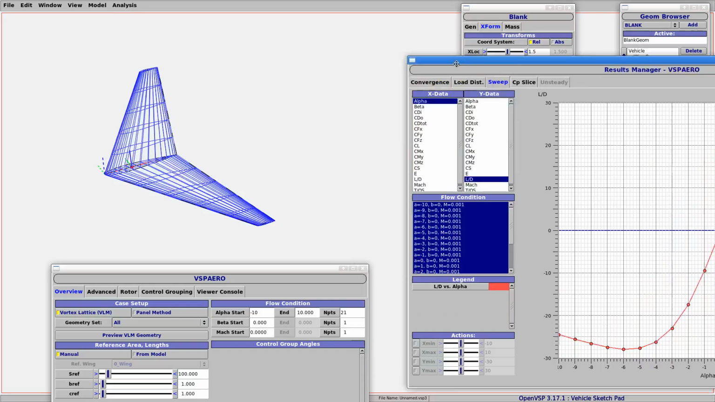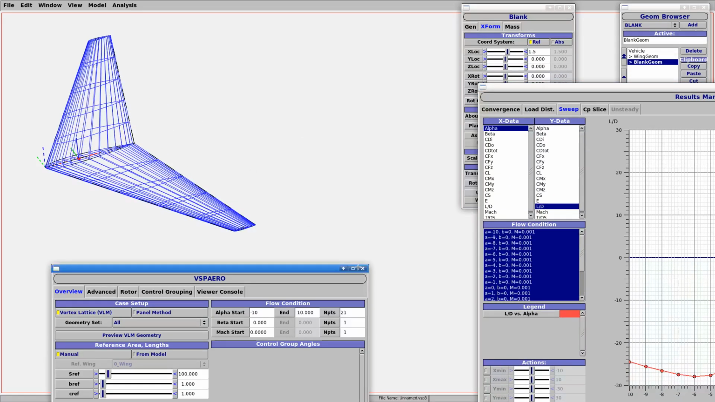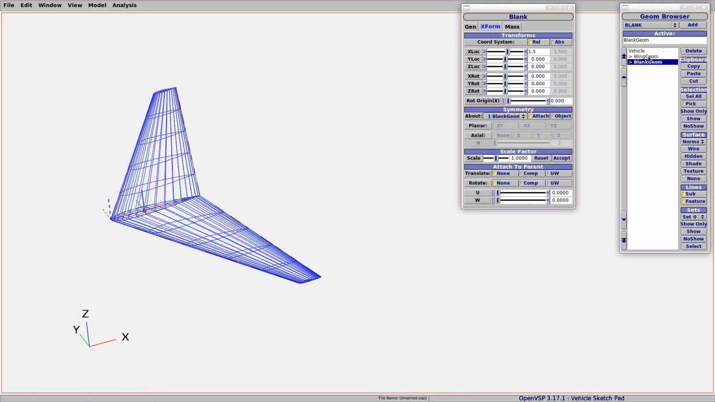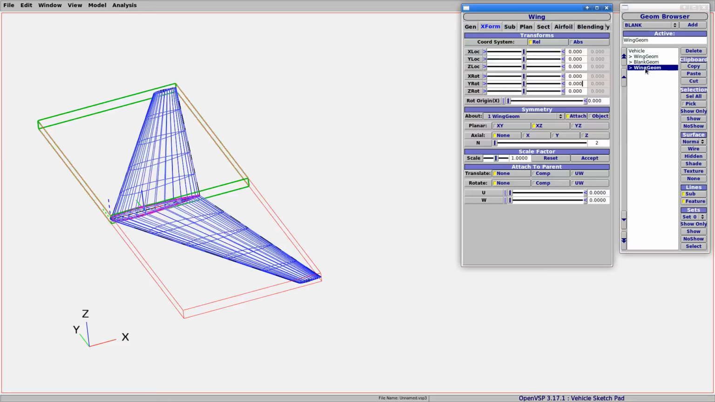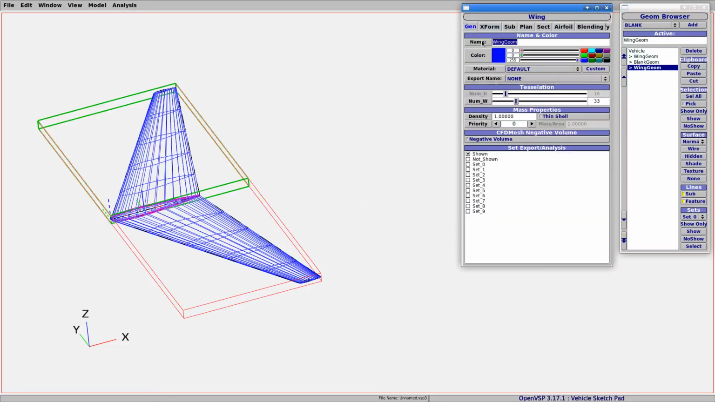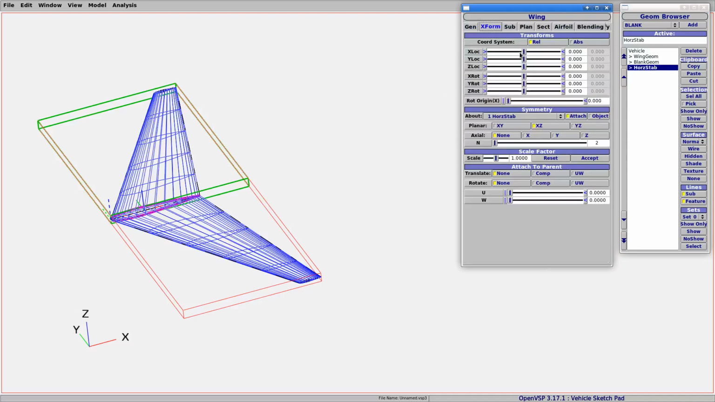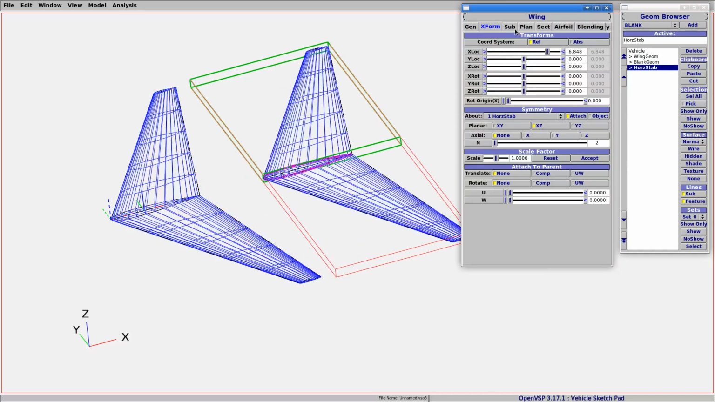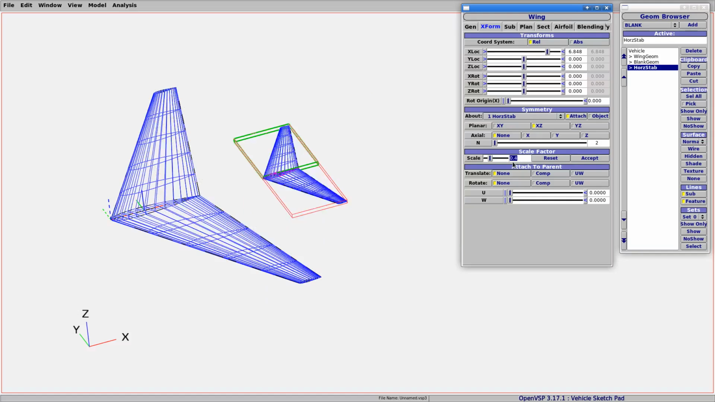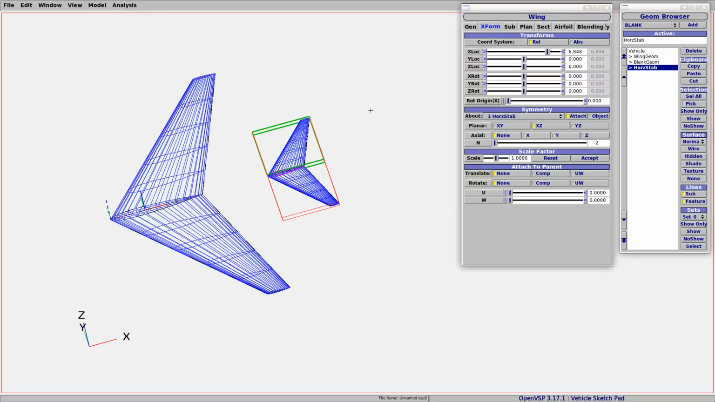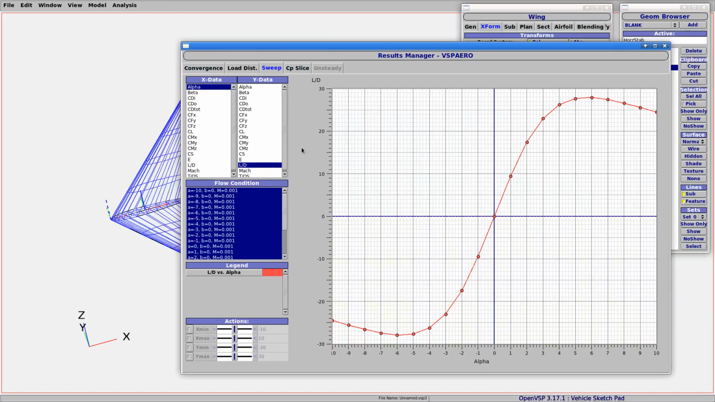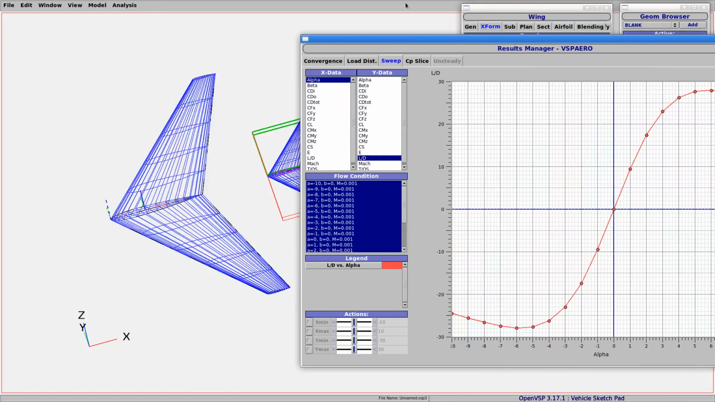But what I'll do for this particular example is add a tail, and I'll do that by copying and pasting a wing. Did that work? Yeah, so this is my tail, Stab, like that. And I will move it so that it's back here, and I will just scale it to be half the size or 40% of the size. Yeah, that'll do. Now that's still not really going to help us, because if they're both at the same angle,